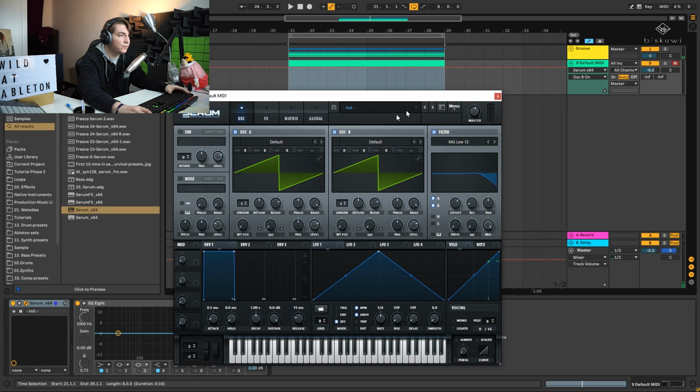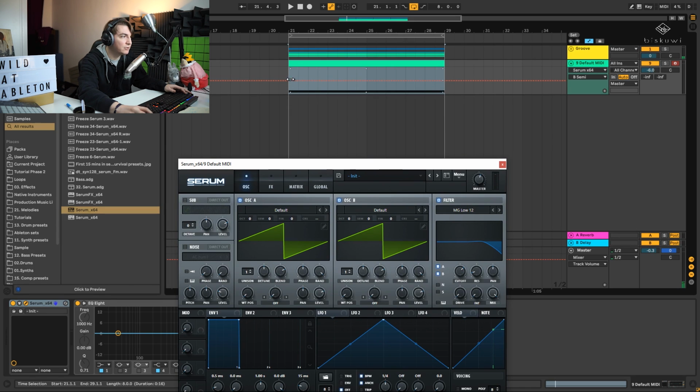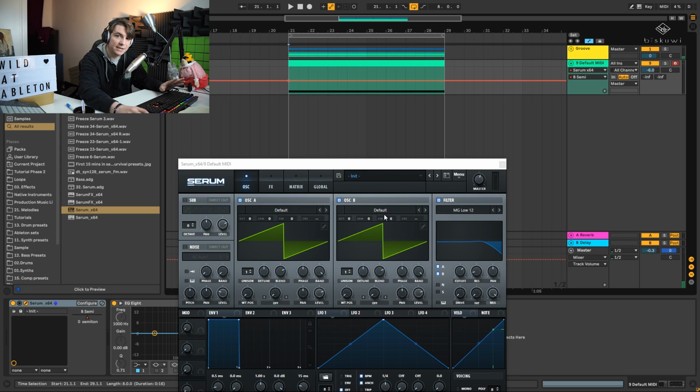So what we are going to do is activate oscillator 2. This button right over here, the semi, means that you can move the oscillator's pitch by a half note if you move this up and down, which is exactly what we are going to utilize. So I'm going to click this one time here, the oscillator B. You see this line, it says 0.5, meaning it's just on the 0. So we are going to move this up and down